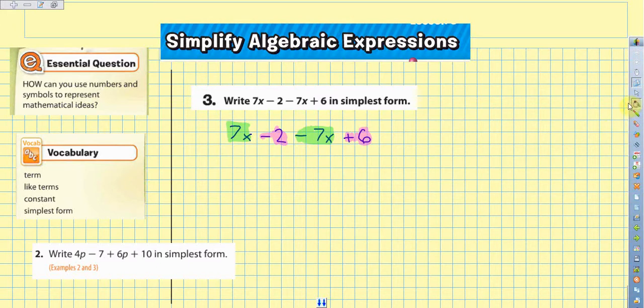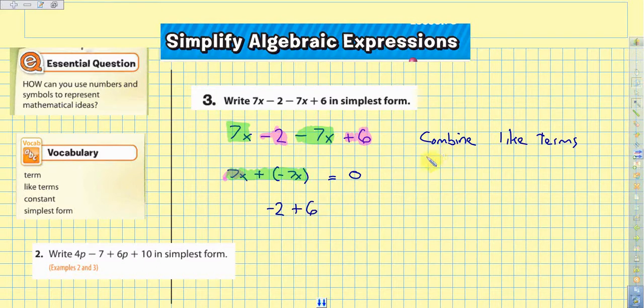So there's 2 things that I'm doing here. The first thing I'm going to do is I'm going to combine like terms. In other words, I'm going to combine 7x plus a negative 7x. That was my, oops, that was my green. Well, 7 plus a negative 7 is what? That equals 0. So all I have left now is a negative 2